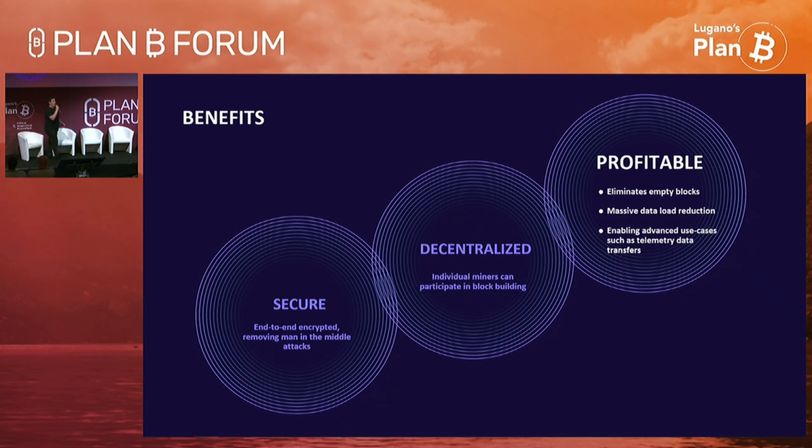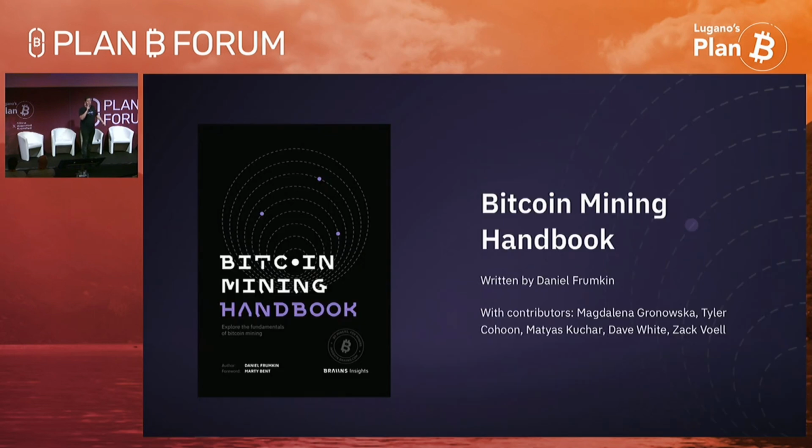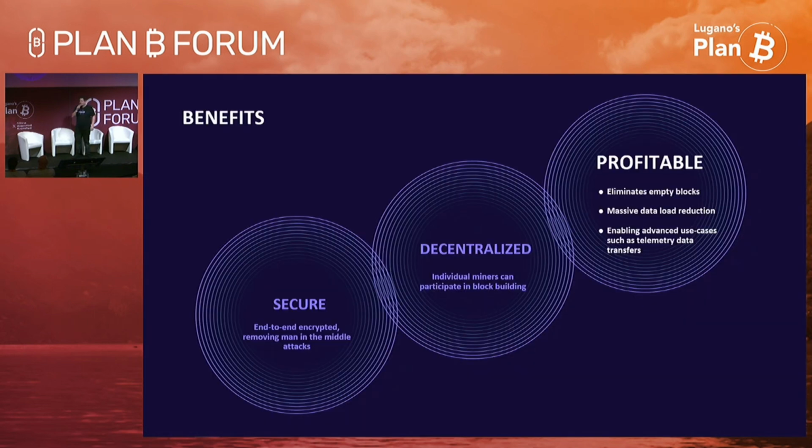It doesn't hurt as much now, but imagine 2 halvings down the road, the fees will be super important. Imagine 2 halvings down the road, and you would have, I don't know, 0.2% of empty blocks. It would hurt. So Stratum v2 actually solves it. I'll not go into super technical details how it works, but it helps to solve this issue. If you're interested, go to stratumprotocol.org. There's documentation where we explain how it works.